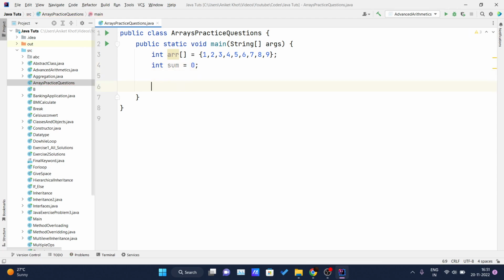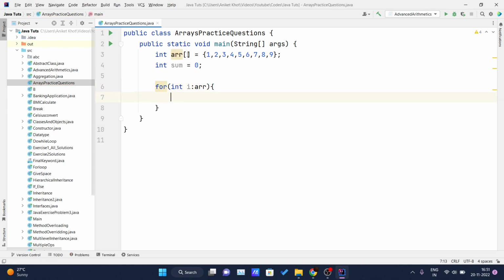Okay, now I will use an enhanced for loop. I hope you guys know what an enhanced for loop is. It's like a for each loop. We'll write int i in arr. What we have done here is, for every integer value inside the array, we will run this loop. And inside this loop, sum plus equals i, which means we'll update the sum's value